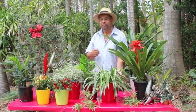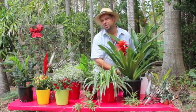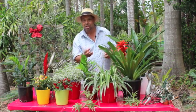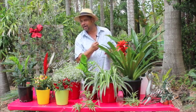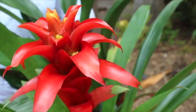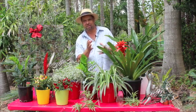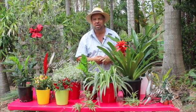Now, if you like a bit of colour, and we all do, and if you want something that really is going to capture the imagination of a lot of budding gardening enthusiasts, how about something like this Guzmania? You know, bromeliads come in a whole range of different colours and sizes and textures, and they have grown in such immense popularity over recent times that really it's difficult to walk past something like this when it's in flower